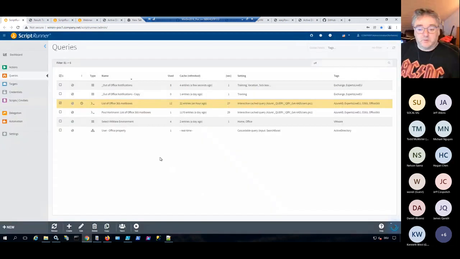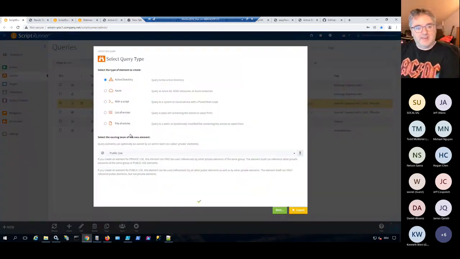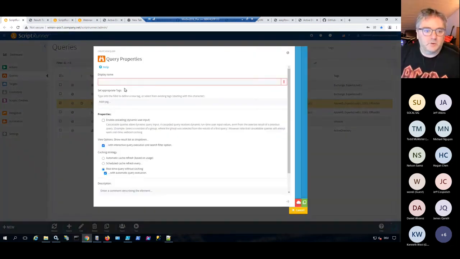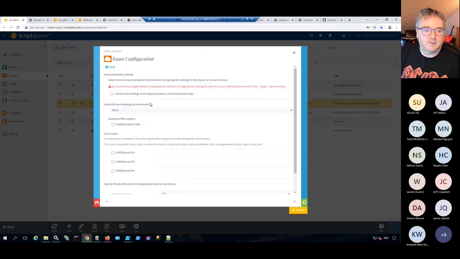And so with this, you can create all kinds of queries. And something that we added last year is that you can also have direct Azure connection. You can have graph queries being configured directly. And if I'm lucky, I have a system up and running where I can show you that. Not responding. Doesn't matter. So the idea is, if I just show you an example here, you can have direct